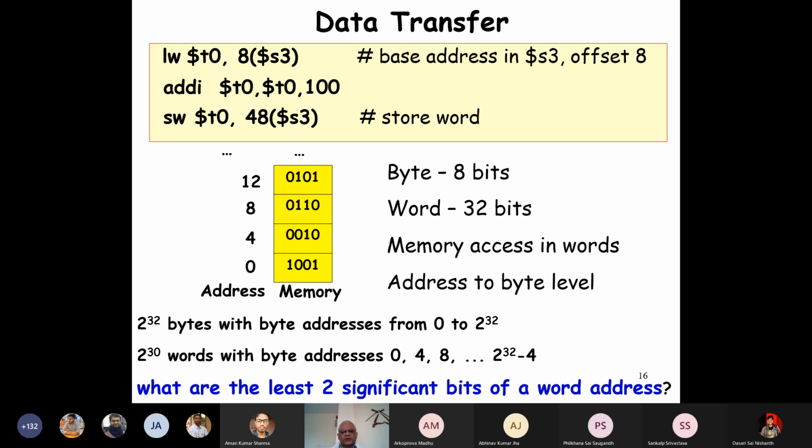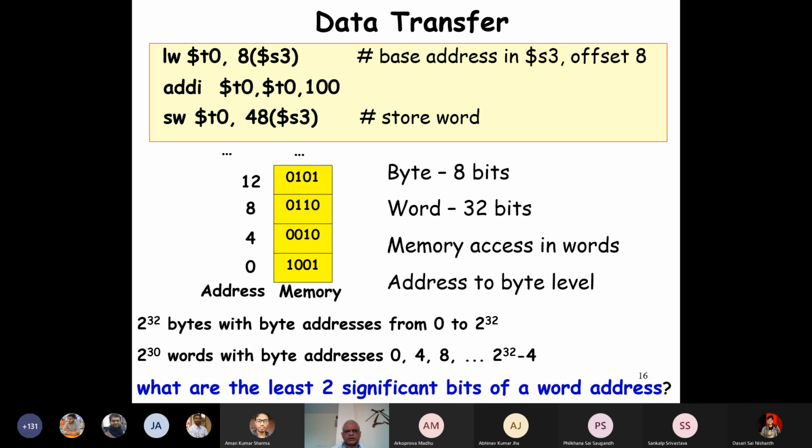So what will be the least 2 significant bits of these addresses, like 0, 4, 8, 12, etc.? Yes, anybody like to answer? Zeros. Who answered? Name, please. Vikram.